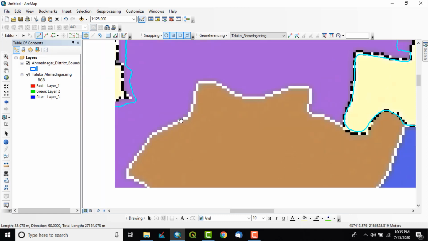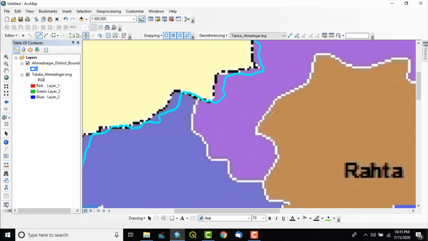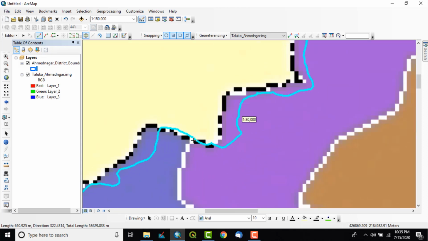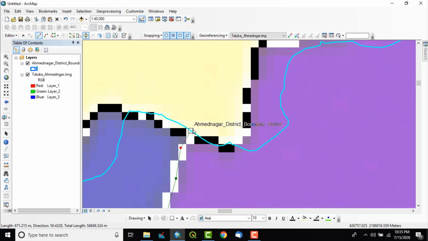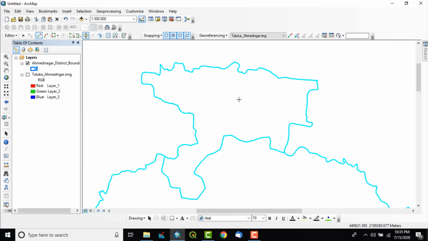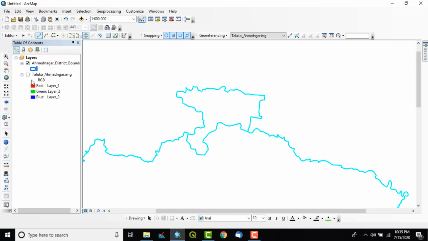Care should be taken that we are not double clicking anywhere until the line goes outside the polygon. Now this boundary is being finished over here. So what we have to do is click outside and then double click. With that, I will just uncheck the raster file, and you can see one new polygon has been created of the Kopargaon Tehsil.